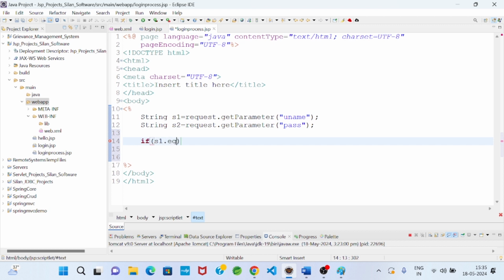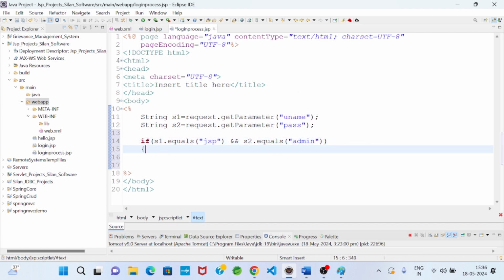If s1.equals, whatever you can write. Suppose username is jsp, s1.equals("jsp") and s2.equals("admin").